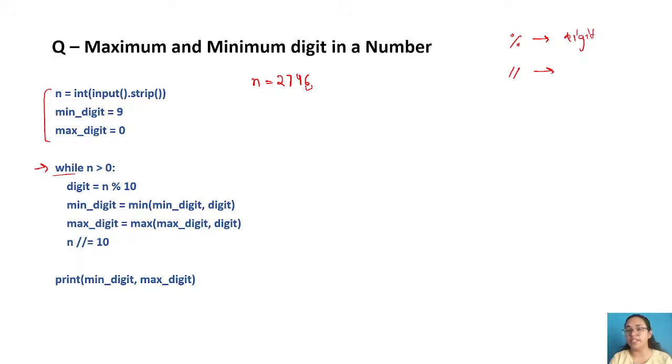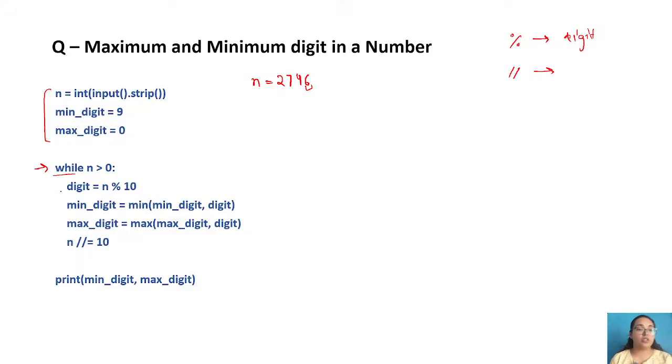Now I want that 6 to be removed because 6 is something that we have worked on. Now our number should get shortened to 274 so that I can get 4 in the next loop, right? So we are doing floor division just to get the smaller numbers so that we can access the new digits every time.